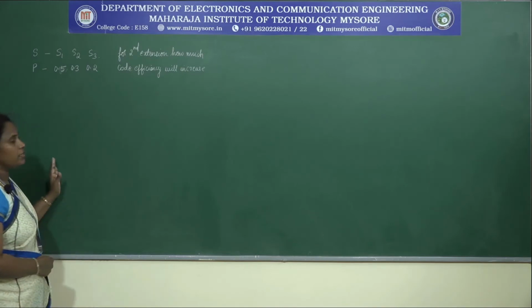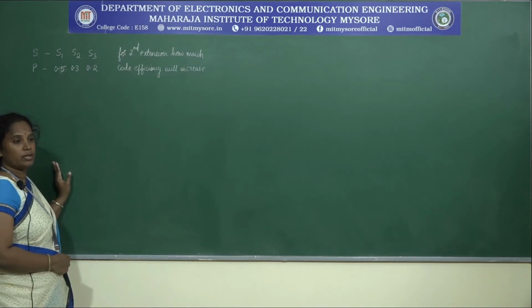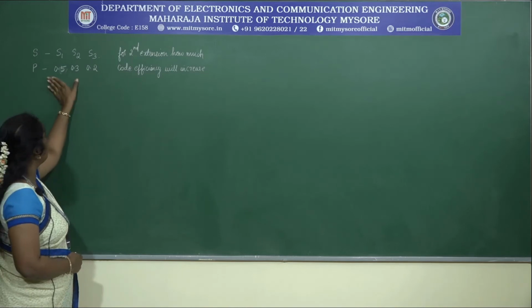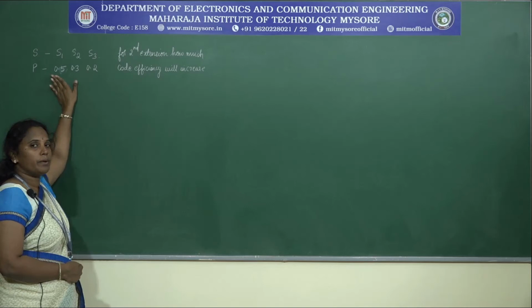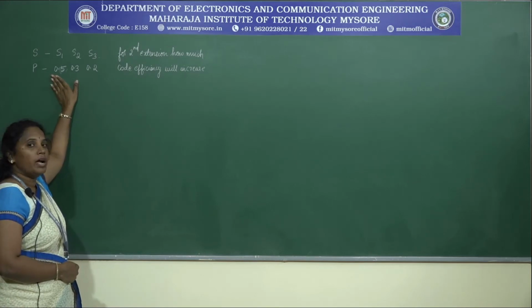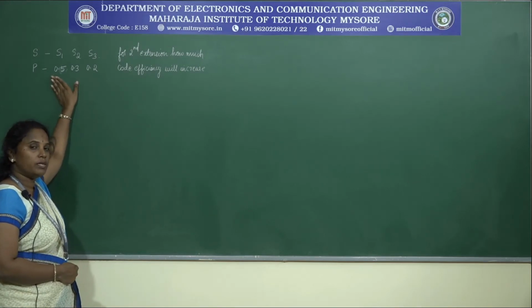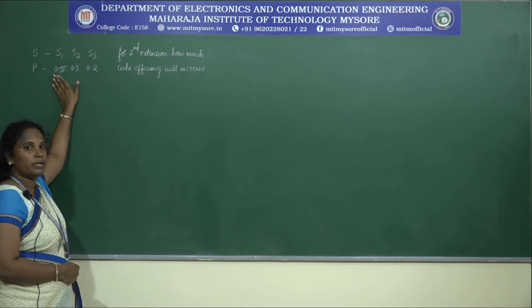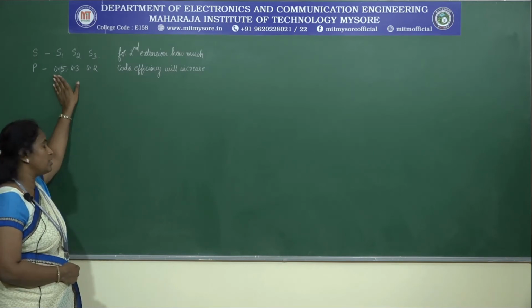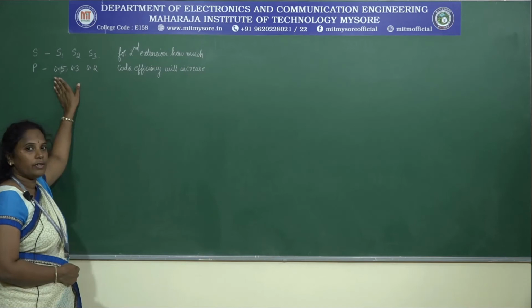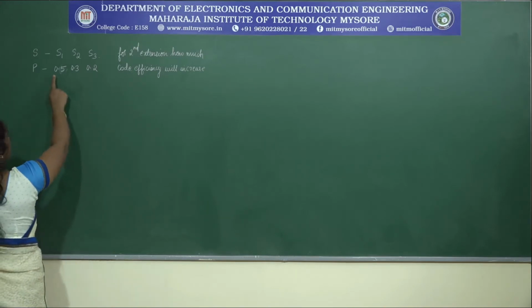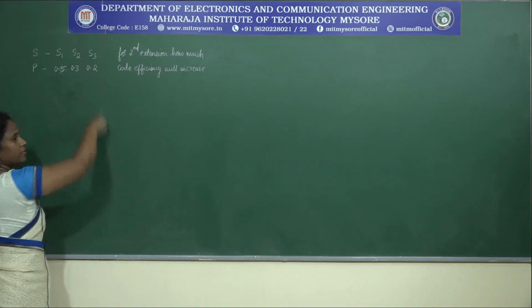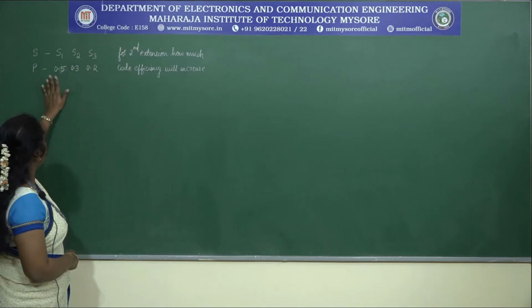Okay, this is another example for Shannon's encoding algorithm, where they have given the symbols as well as the probabilities, and you need to apply the Shannon's encoding algorithm. Also we need to check how much the efficiency will increase if we go for the second extension. First we need to find the first extension. The first step is to arrange the probabilities in decreasing order. It's already in decreasing order, so no need to arrange them.